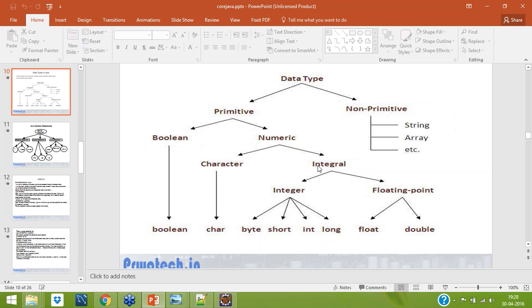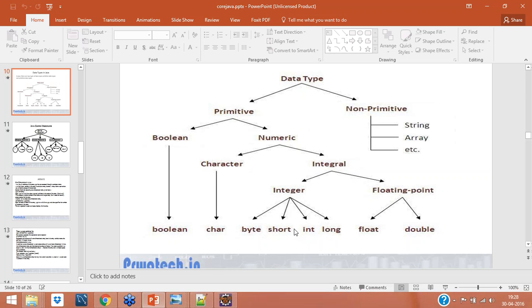Here we come to a very good thing: integral types include floating point and integer. Floating point is float and double. If the value is small and it's a floating point, you go with float, and if it is a big one, you go with double.